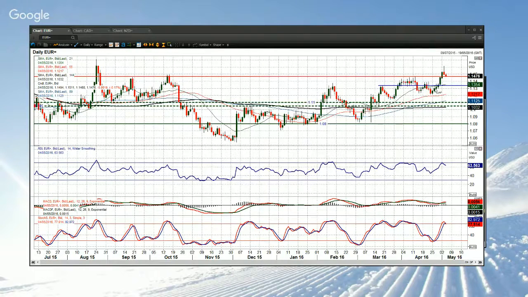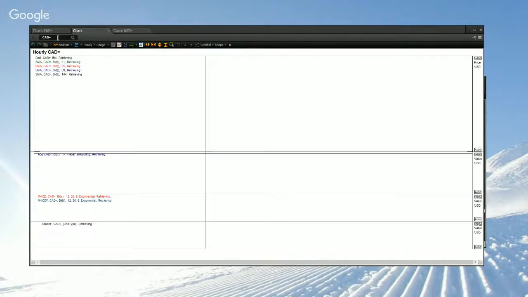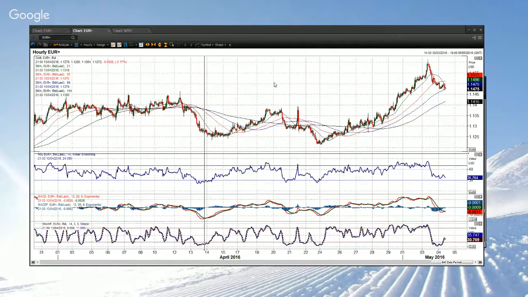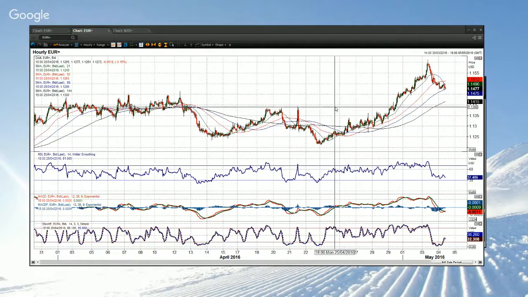I think the correction could well come back now into the 1330 towards 1395 area. Now if I show you on the hourly chart, you can see that 1450 is around about where the intraday hourly chart support comes in. But 1395 is this breakout here from the 21st. And I think between there and 1450, there's a pretty decent band of support.